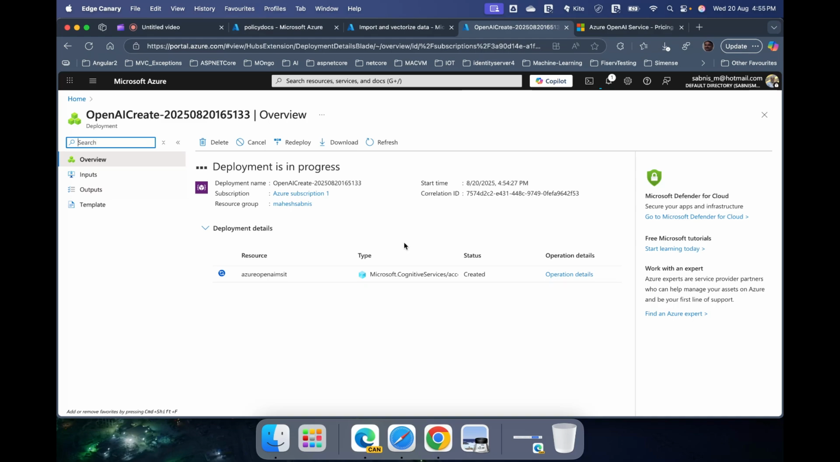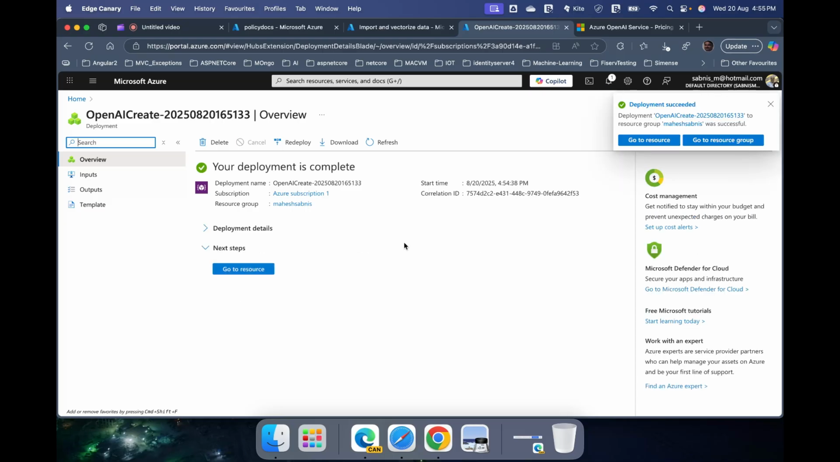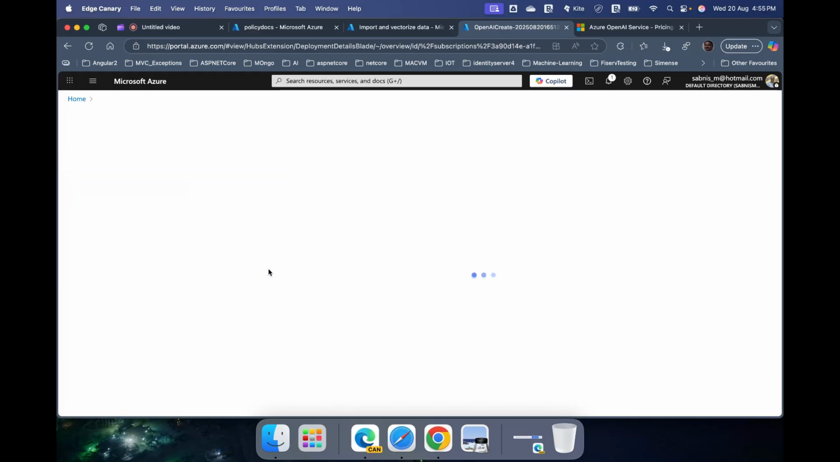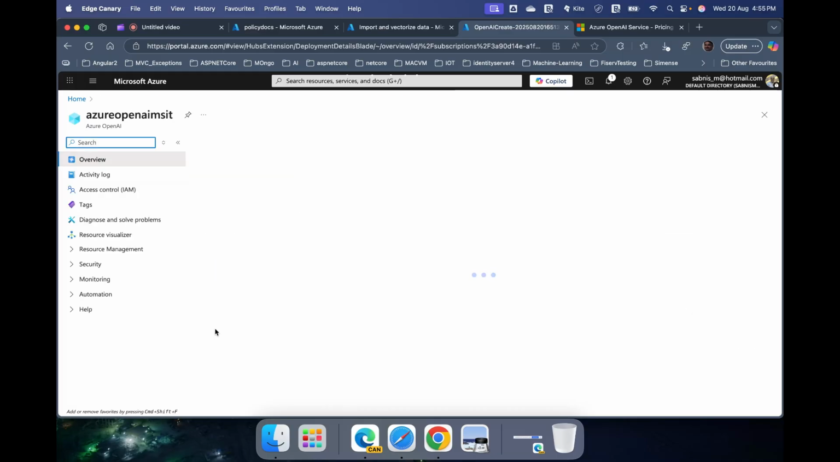So let's wait here. So this is how the OpenAI deployment goes, right? So it's done. So let us go to the source here, and then for the model deployment, we are actually going to go for the OpenAI